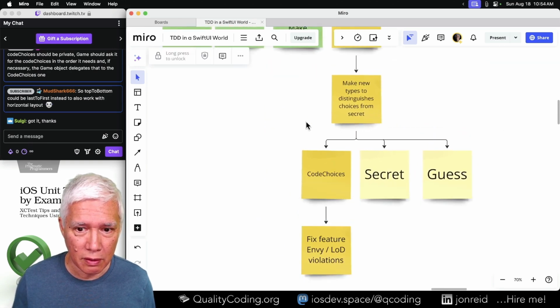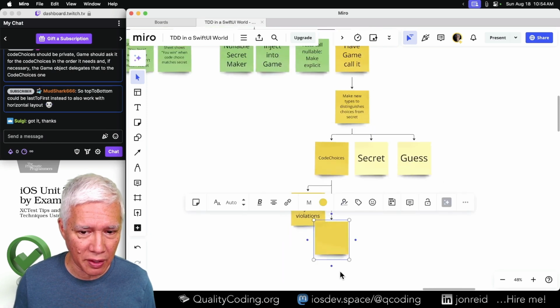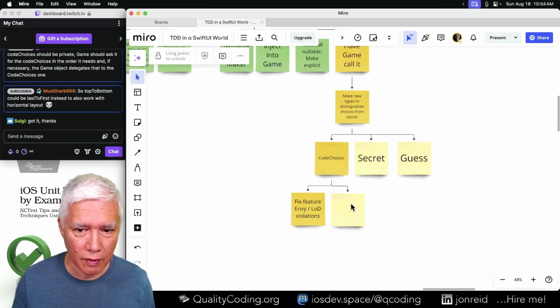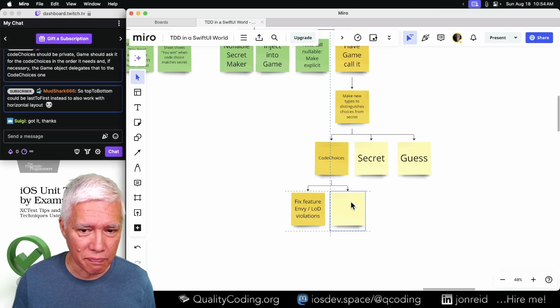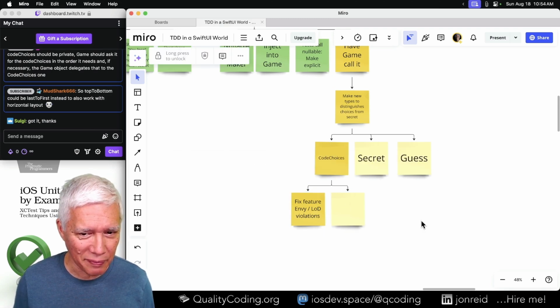We're still working in code choices. I'll just throw down another idea here, which might be part of fixing the feature envy. Okay, let me bring this back. I'll keep it side by side. And that is,